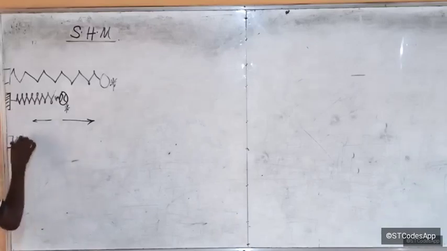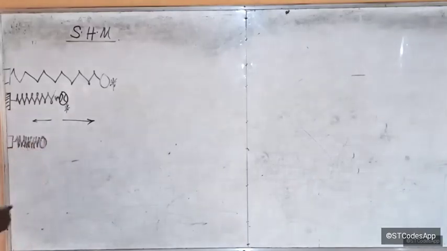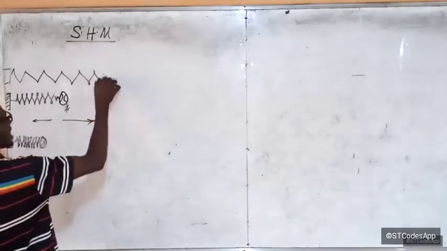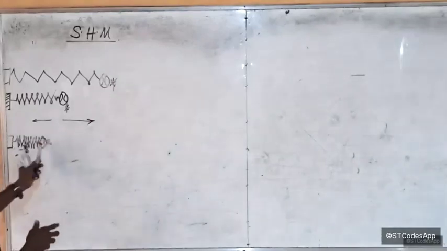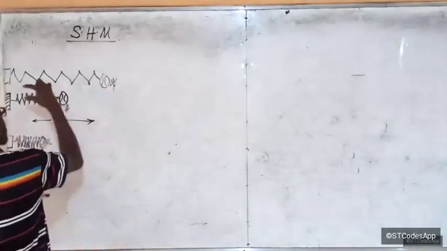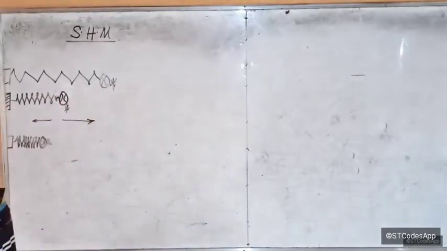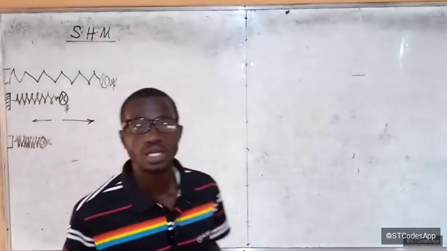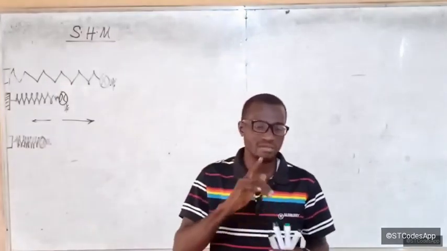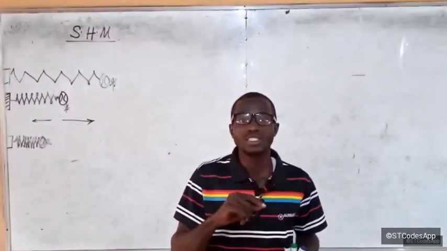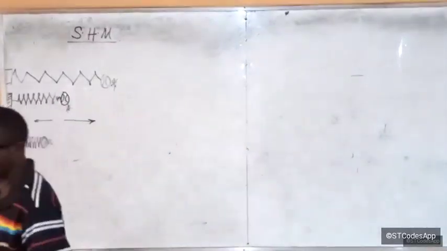Let's draw the compression well. So you see that body undergoes compression and expansion. So this is going to be its minimum displacement and its maximum displacement, and it's going to continue in that motion like that. Do you understand? It has been described that the motion of this body in simple harmonic motion is likened to, is in fact the same in a sense as, the motion of a body